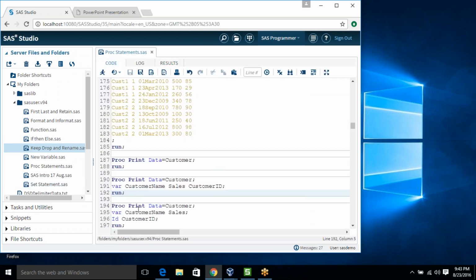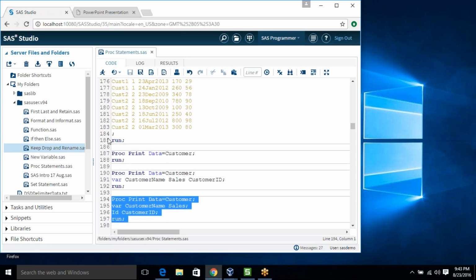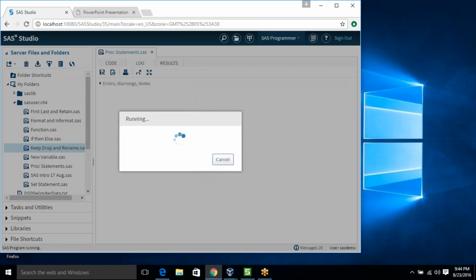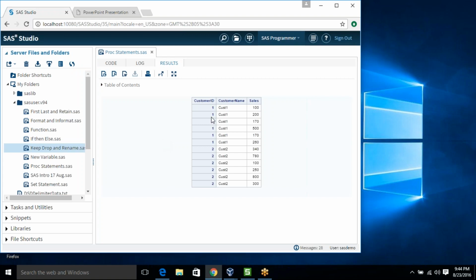So here you can see I am using customer name and the sales in the where statement, and in ID I mentioned the customer ID. So you can see there is no observation number and the customer ID is my leftmost column.